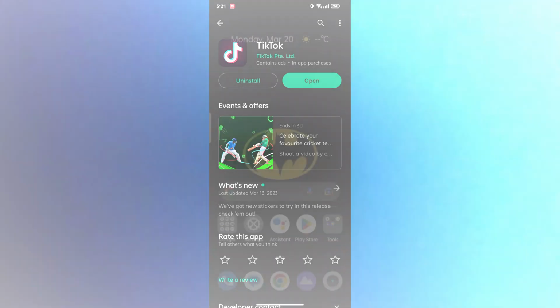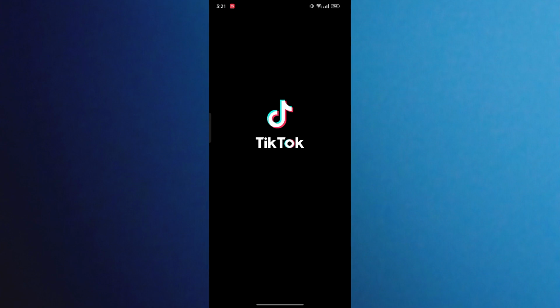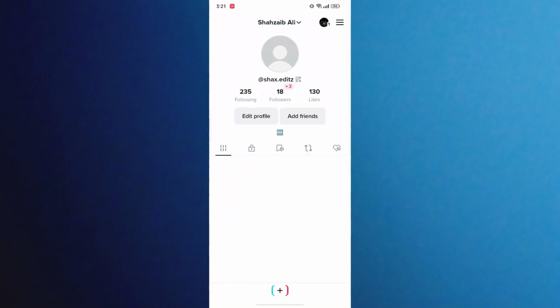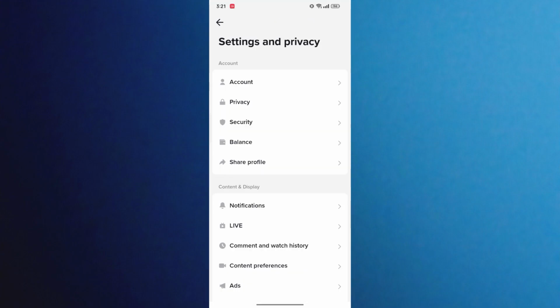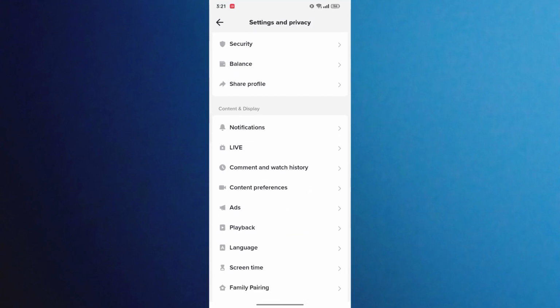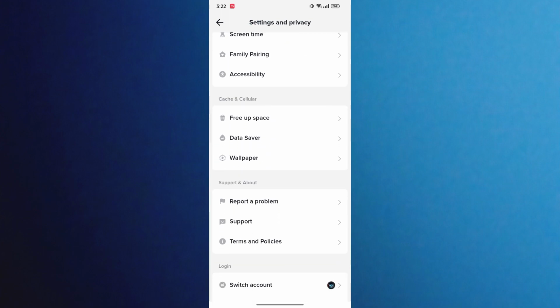Now once you are done with the update, simply open up your TikTok, go to settings, and check if the problem is solved or not. I suppose that after updating TikTok to its latest version, most of the time the problem will be solved. But in case you still don't have the watch history option right here, like your problem is not solved,